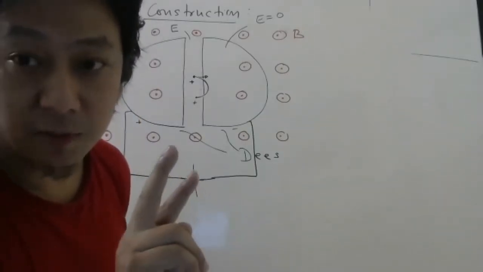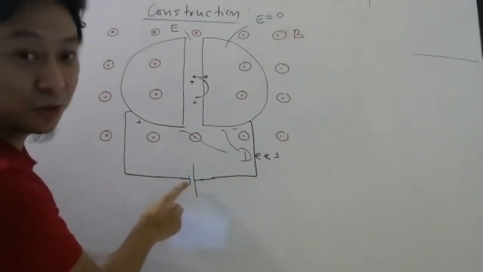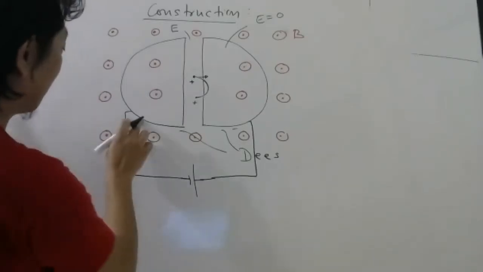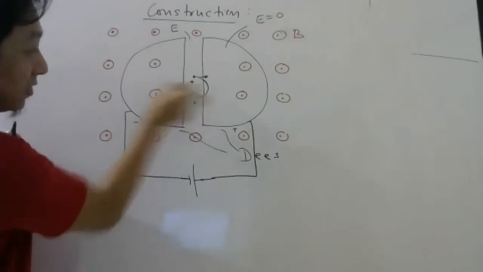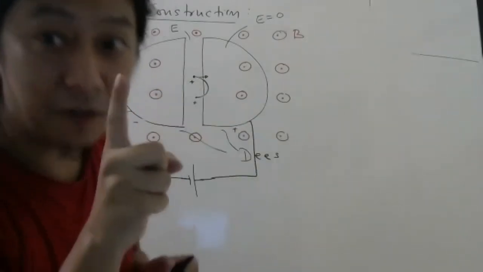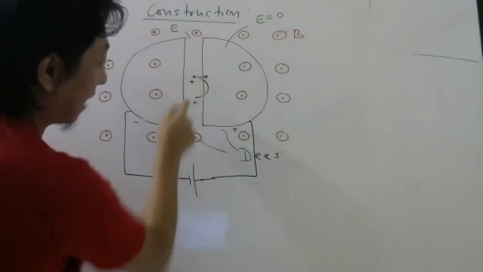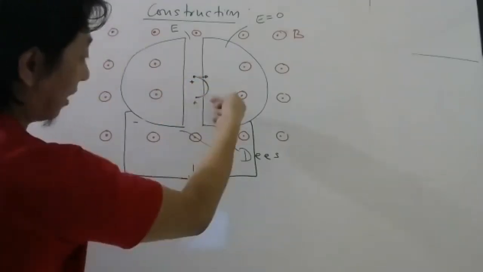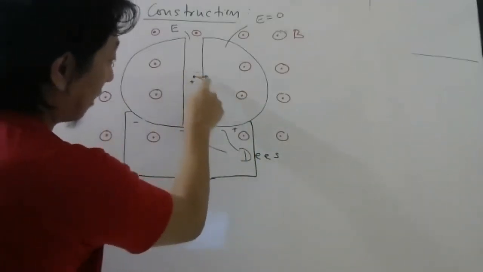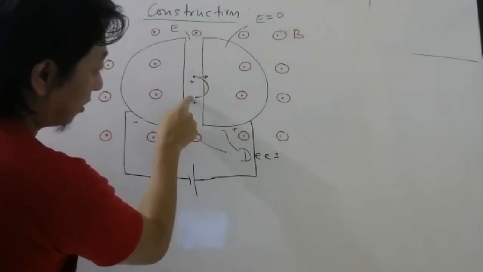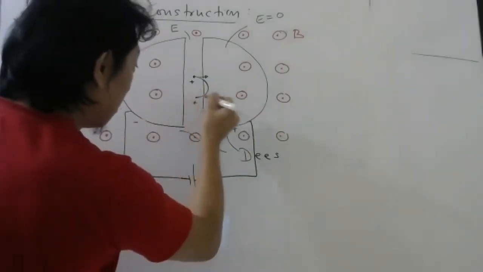And if the terminals quickly change like this, then this will become minus now. So what will this minus do? This minus potential will attract the positive charge due to the electric field. Remember, this electric field will be on this side now. Once the charge reaches here, I will change the terminals. So the electric field which was on this side before, now will be on this side. So the charged particle which was coming here, when it reached here, I made the electric field this way. So what will happen? It will move faster.